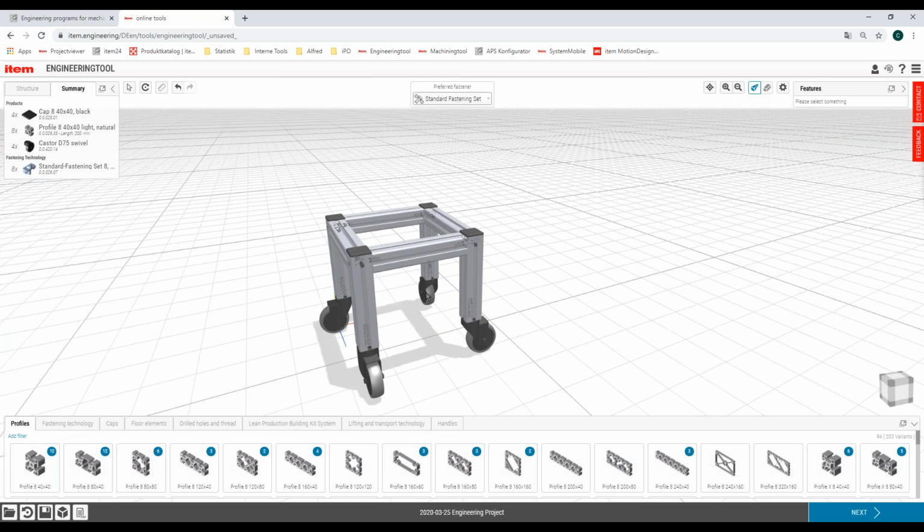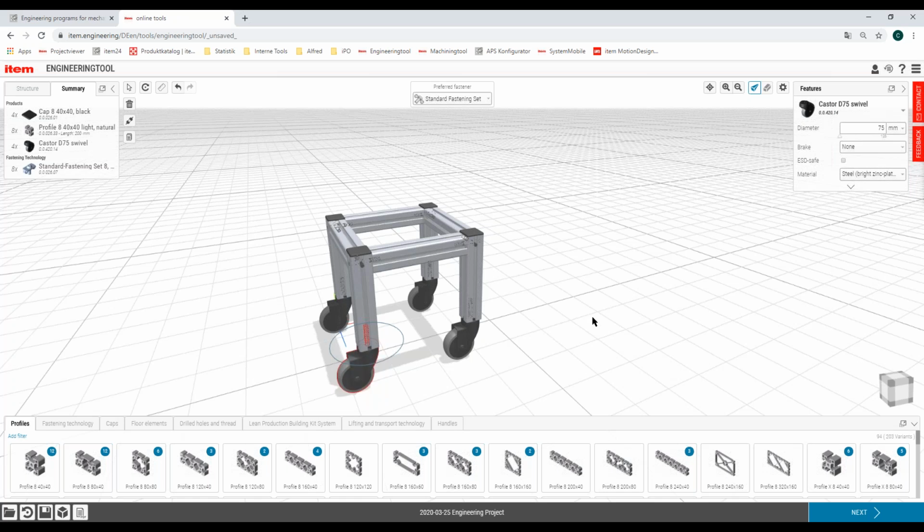But at first, in the real world, we won't care if the casters are not oriented in the right way. But here in the digital way, I like them to be straight in the right direction. So I can just click the caster, use my petrol colored circle, and rotate the product by 90 degrees. And now it's nice.